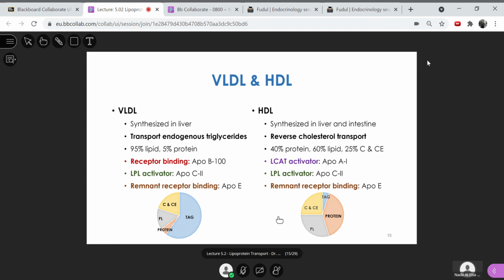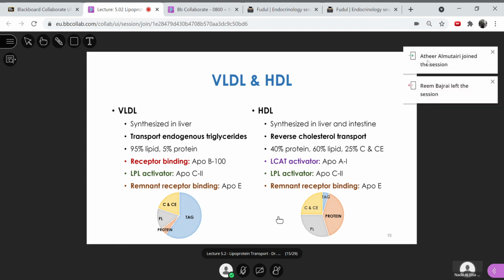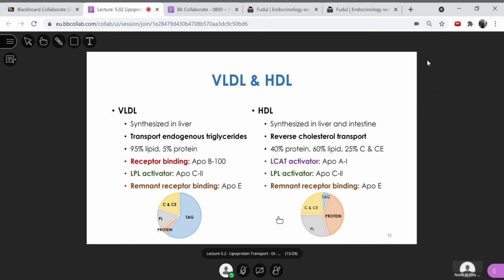How about HDL? HDL is synthesized in two places, the liver and the small intestine. Its function is the reverse cholesterol transport. Why do we call it reverse? Because mostly the transport of lipids in the body is from the liver and the small intestine to other tissues. This HDL does the opposite, the reverse, where it takes cholesterol from peripheral tissues and returns it to the liver. So it's mostly protein because it's synthesized as an empty particle which functions to go around the body